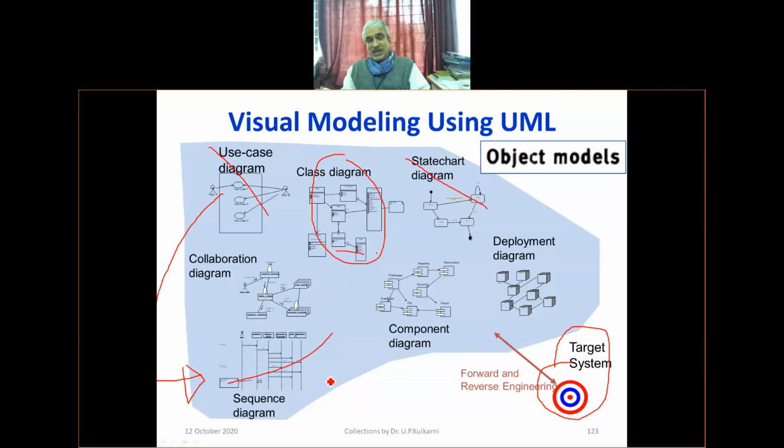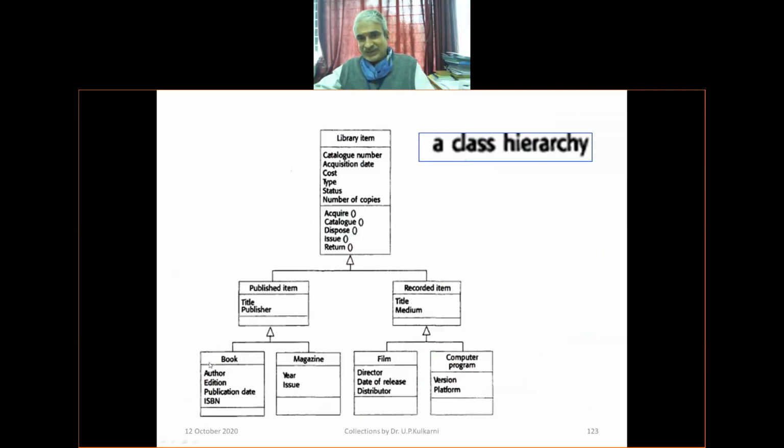This is the core part which you are going to implement as a developer later. Are you getting it? So in a project also, we want to see all these diagrams. Without a diagram, your project is not acceptable. Any question now? What are we going to study now? A class diagram. Your class diagram looks like this. One of the class diagrams.